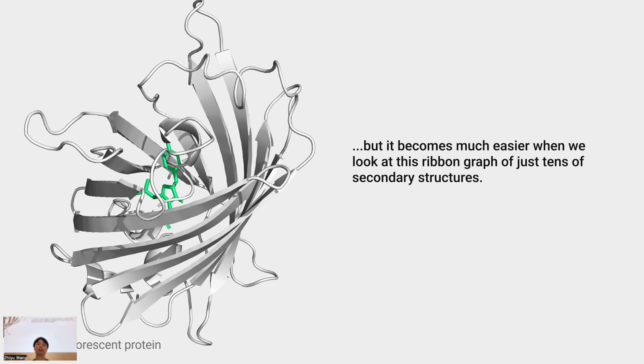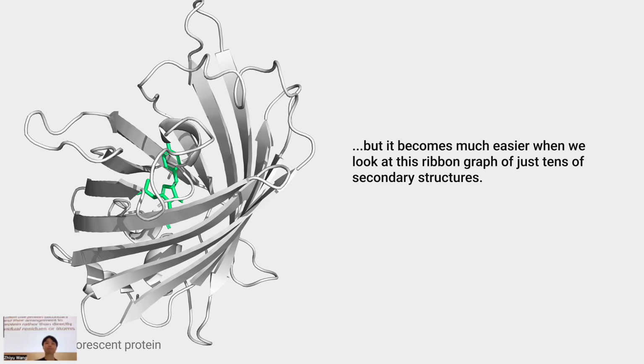For instance, the barrel-like structure created by the beta sheets clearly shows a hydrophobic core around the chromophore, and it prevents the water from quenching its excited states and thus ensures the stability of the green fluorescence. Additionally, you can also see loops, which are ideal regions for modifications. Those areas can accommodate insertions of foreign peptides or domains without disrupting the core fluorescent properties, enabling the creation of fusion proteins and biosensors. So see, it's much easier to analyze a protein based on its secondary structure instead of just